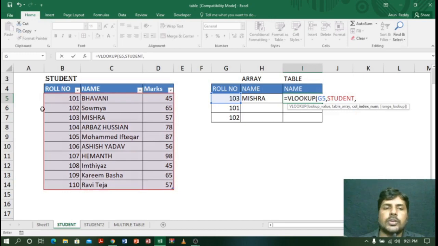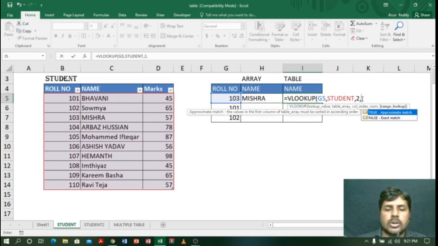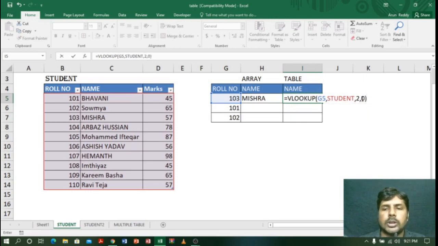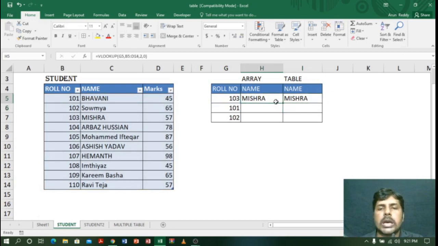Instead of selecting the table, I simply typed student. Next the column, second column, then approximate match, sorry, exact match, so 0, enter. See, I got the same result. So either you use an array or a table, both will give you the same result.